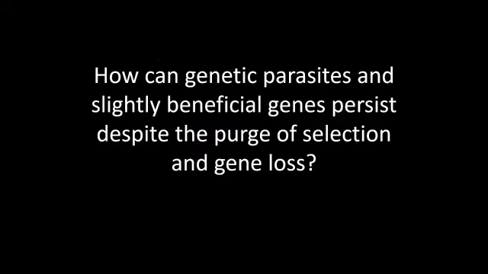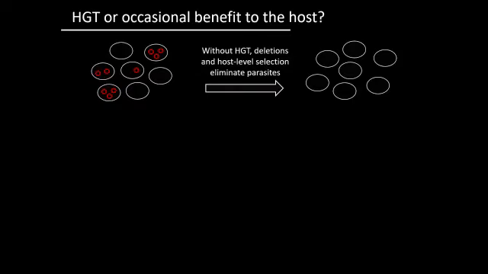So we have seen that these genetic parasites, these selfish genes, are costly, and they tend to be purged by natural selection. How can they persist? Why do we still see them? Why are there so many and why do they correlate with population size? There are two possible reasons. Without horizontal gene transfer, there is selection that tends to make bacteria that have the prophage or the plasmid less likely to reproduce,